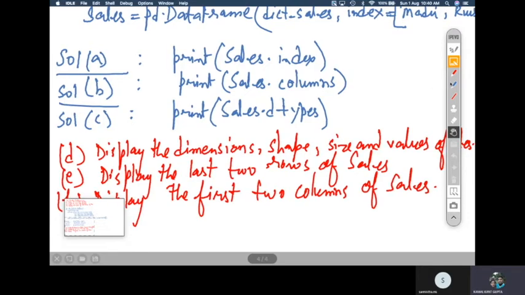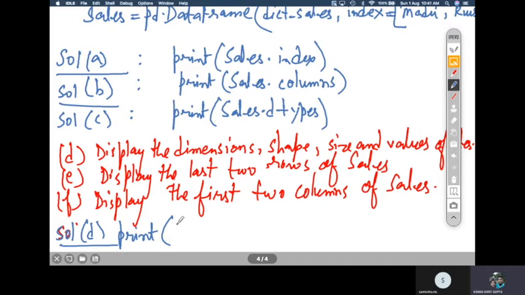Okay, so first we'll write the solution to D. Now what is the solution to D? The question is display the dimension, shape, and size. So you have to print sales dot shape to get the dimensions.